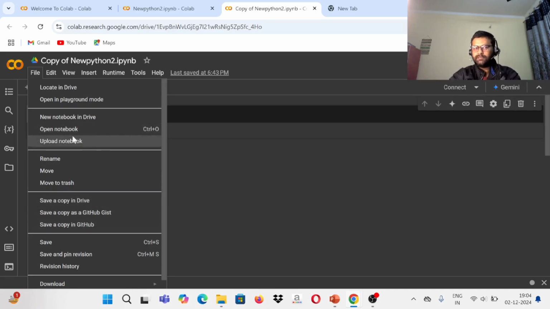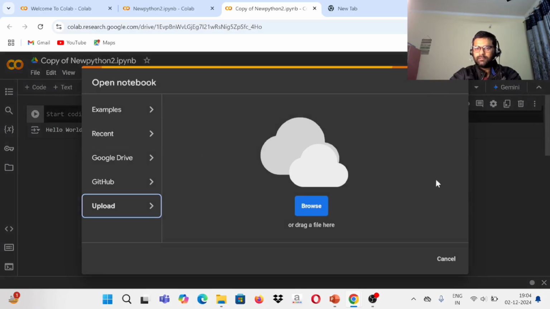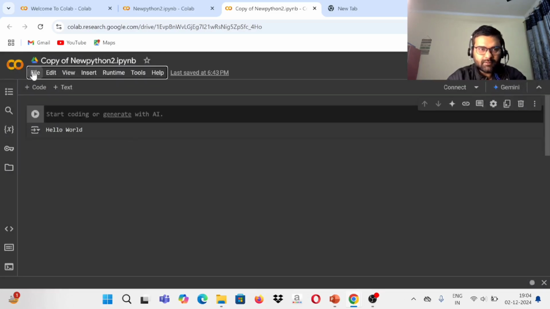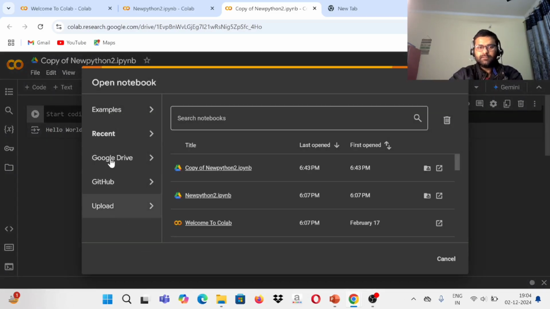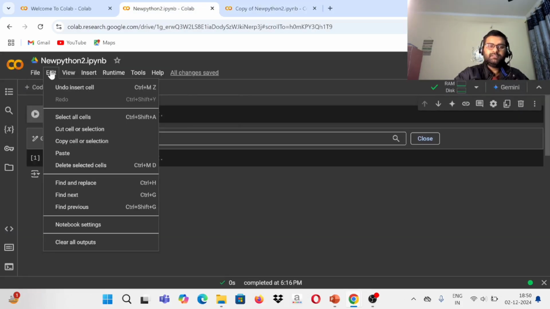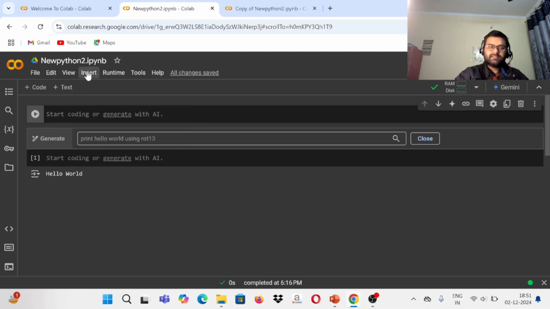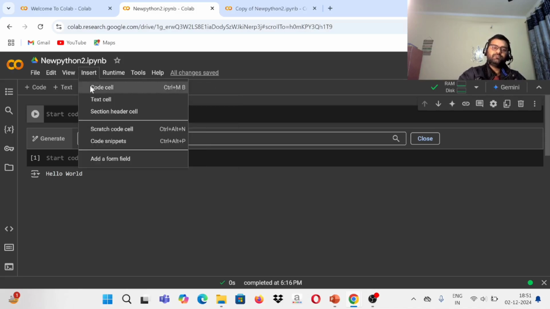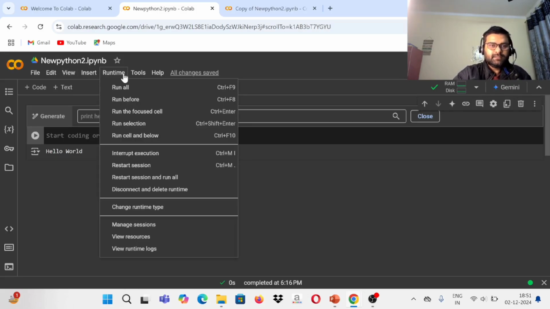We can also open a new notebook or a pre-existing notebook from our Google Drive or directly from our local computer using this upload notebook. Okay, and for this open notebook, we will be going to this page, and upload is this. So, no confusion. In the edit section, we can see undo also, and in the insert section, we can see a code cell or a text cell. And here we can see runtime,